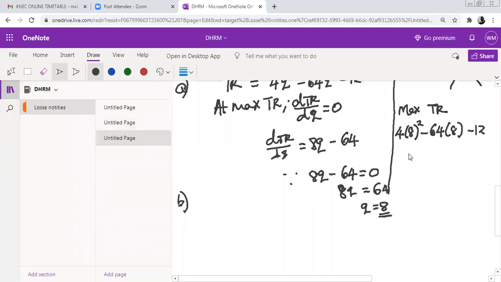The maximum revenue therefore, we know 8 squared is the same as 64. So this is the same as 4 times 64 minus 64 times 8 minus 12. We can actually do it directly. 4 times 64 is what? 256. 256 minus